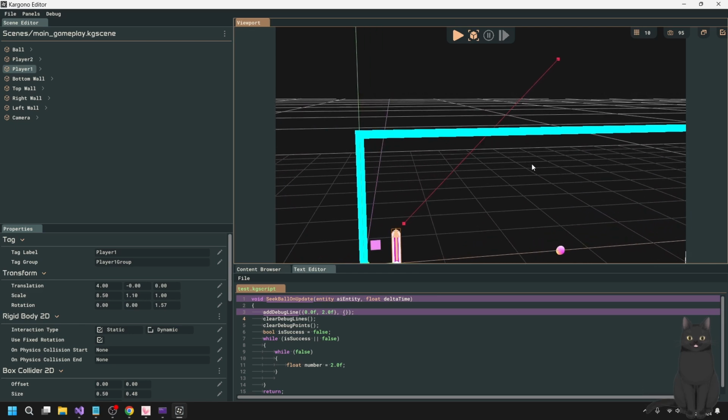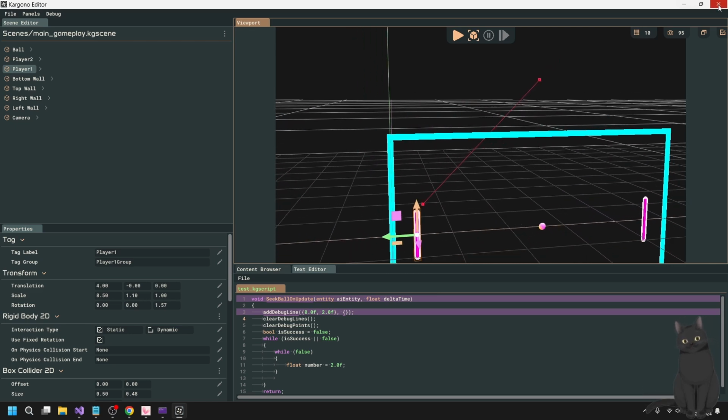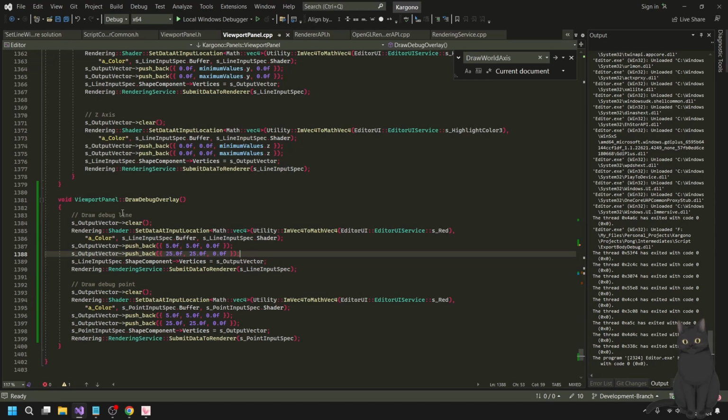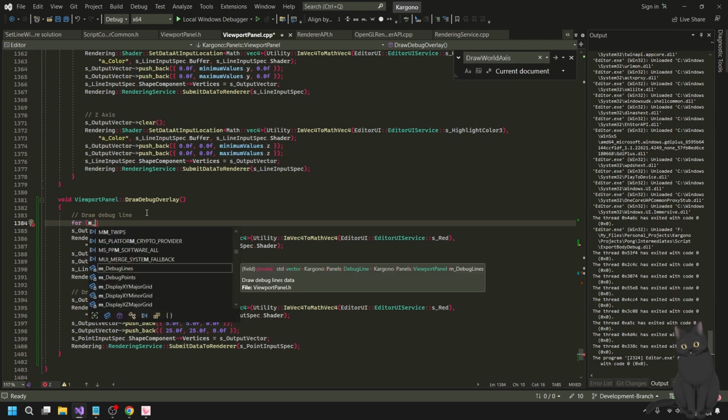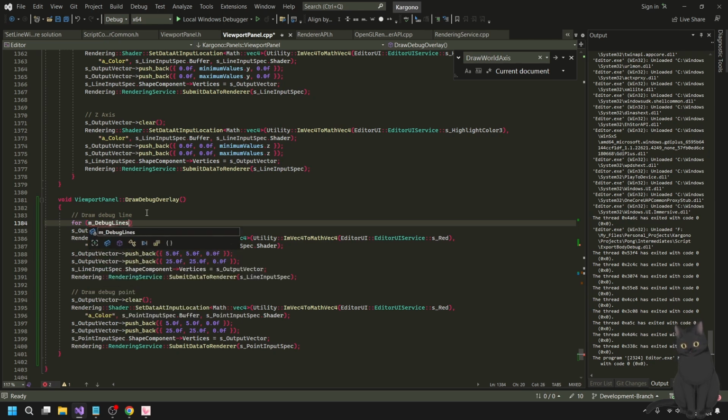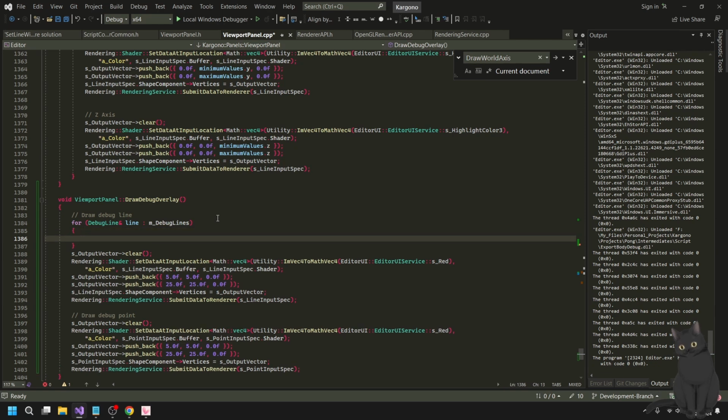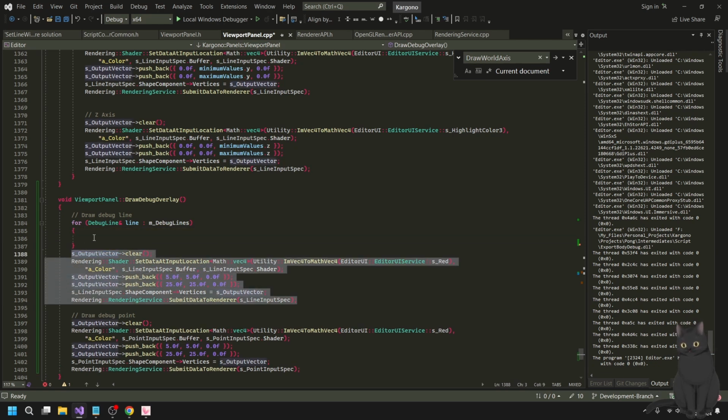It's debug lining, right? So now basically I'm just gonna have to add a for loop for m_debug_lines, right? And then for each of the debug lines, we're gonna have a, what was it? Debug line reference line, right? And then for each line, we're just gonna do this, really.